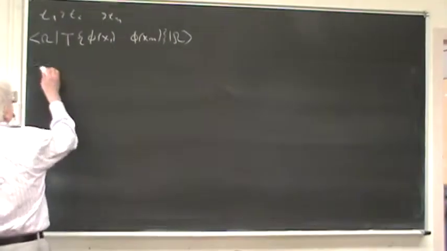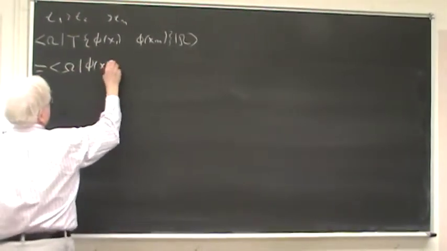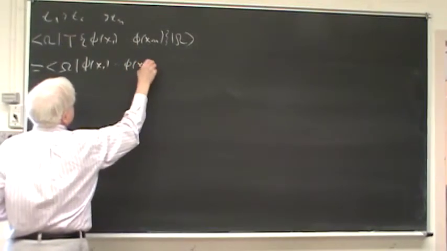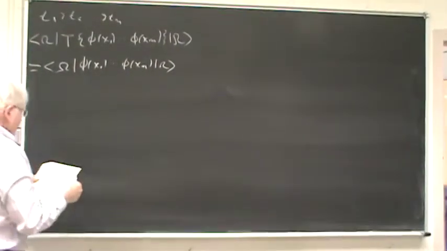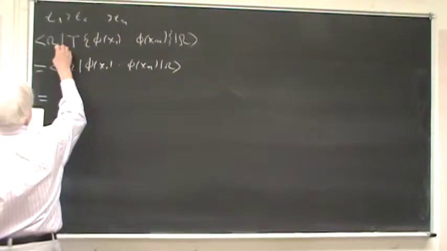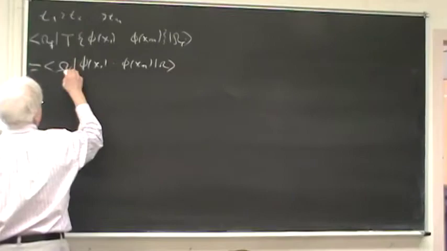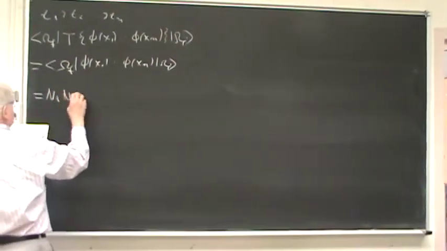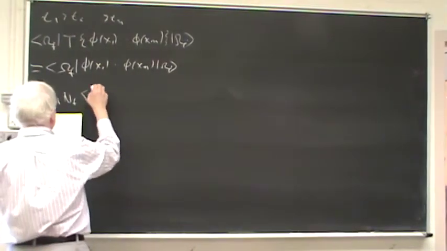All right, in this case, this thing is just omega phi of x1 dot dot dot phi of xn, because the points are in time order to begin with. And now we re-express the vacuum. In fact, I should have said this is a final vacuum, initial vacuum. And so this is then Ni NF vacuum.